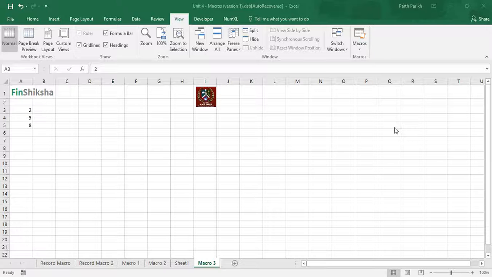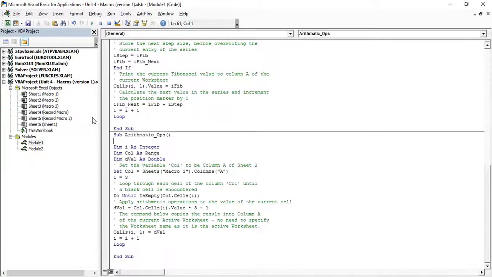In this video, we are going to learn in a little bit of detail about another kind of macro with another kind of functionality, which is multiplying and subtracting. So this macro, whatever value has been given to us, we will multiply by 3 and subtract 1. It is just executing a macro. We have already written the macro. It is called arithmetic operation.